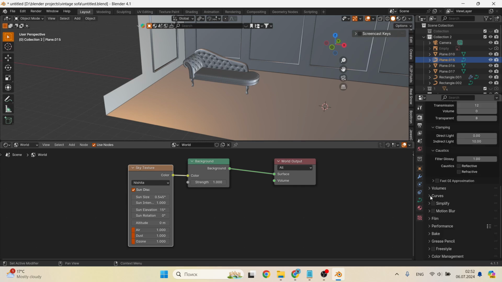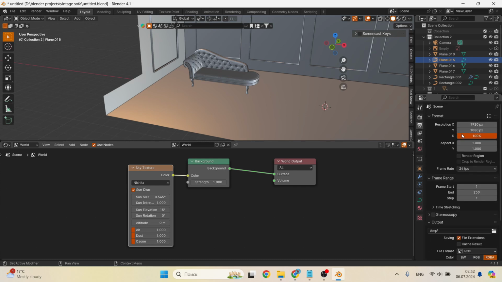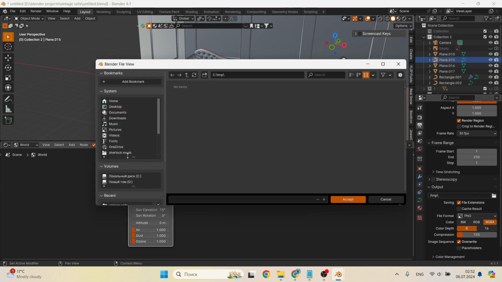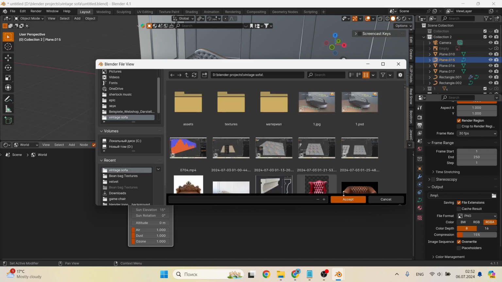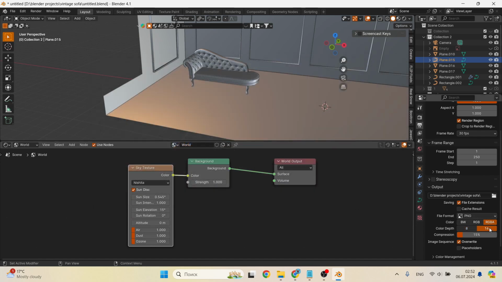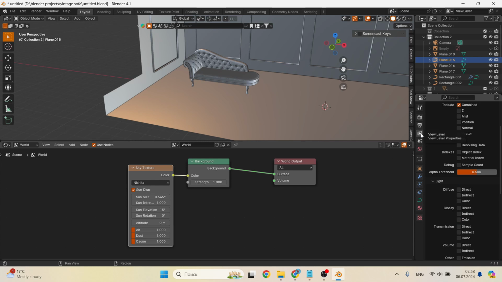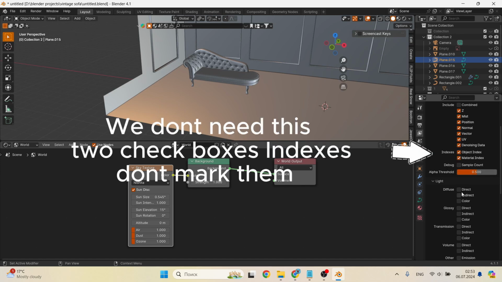Now you can go to the output settings. I put a check mark opposite the render region, in order to remove the load from the video card during operation, since we will only see what is in the camera lens. I set 30 frames per second, this is already a habit, you also need to specify the save path. I change the color depth from 8 to 16. Next, in the settings in the view layer in the passes tab, I turn off the combined check mark and check the boxes opposite the passes that I will use in compositing. You will understand at the end why I do this.